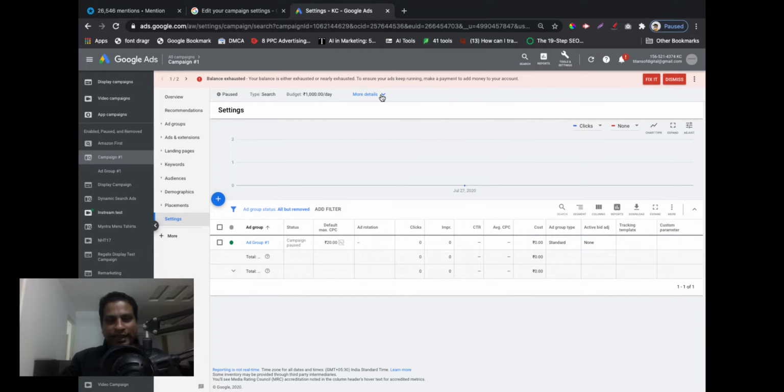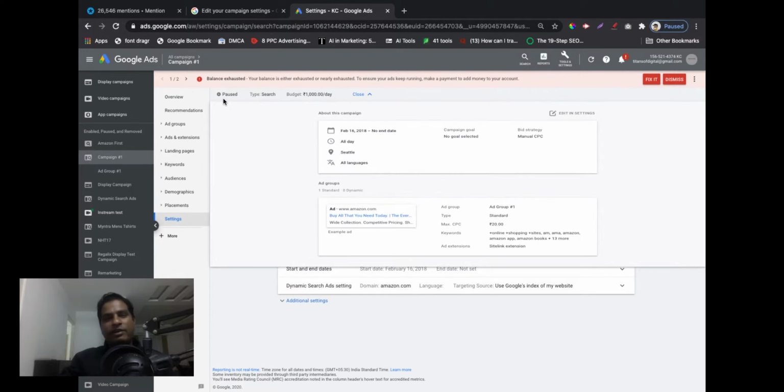So I clicked on settings. So I'm going to more details. You will see by default settings here. It's a paused campaign, which means it's not running. I have paused it. In Google Ads, it's always better to pause something than to delete it, because you never know when you will have to go back and activate it again. Or your keywords for that matter. Don't delete anything straight away. Keep it in pause state. Unless you're very, very sure that you would never need them again in future, then please feel free to go ahead and delete them. Otherwise, having a pause option is the safest.